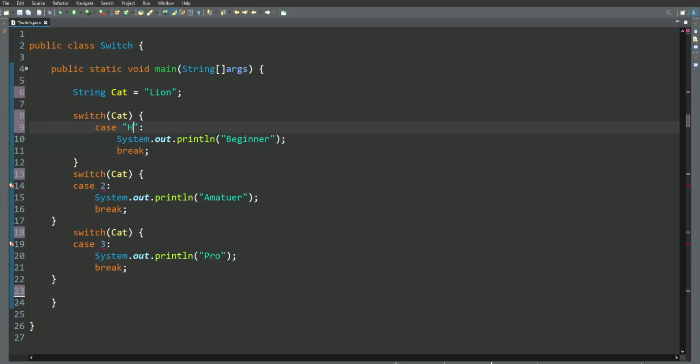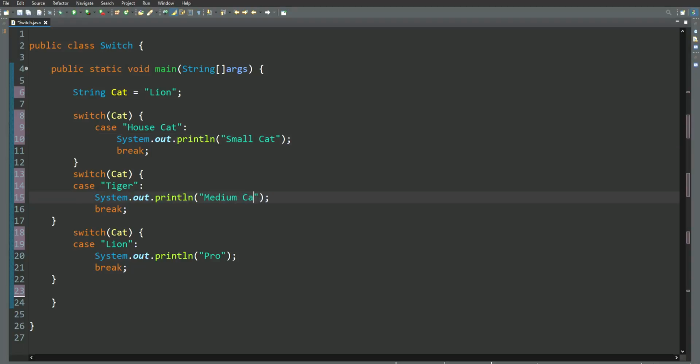So we can do house cat, and we can do let's say tiger, and then lion. And then what we could print out here is, let's say, small cat,